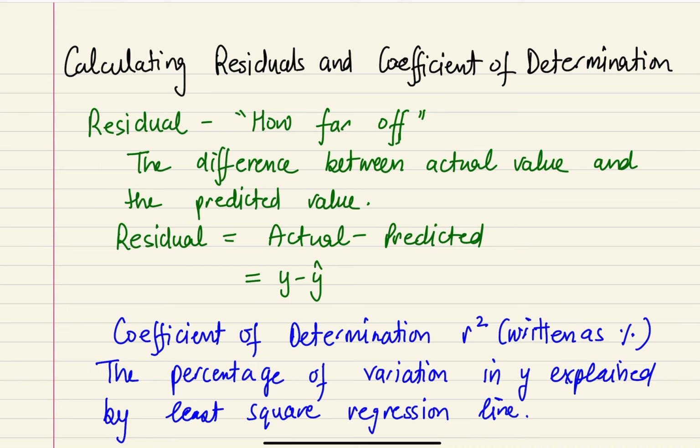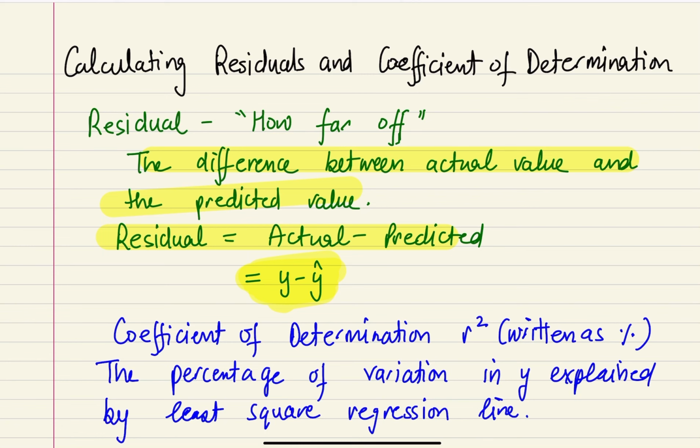Calculating residuals and coefficient of determination. Residual tells us how far off our prediction is: the difference between the actual value and the predicted value, or the difference between the observed value and the predicted value. That's what residual is. So y is the observed value, y hat is the predicted value. Actual and observed value are the same thing, and predicted value is the y hat we predicted based on